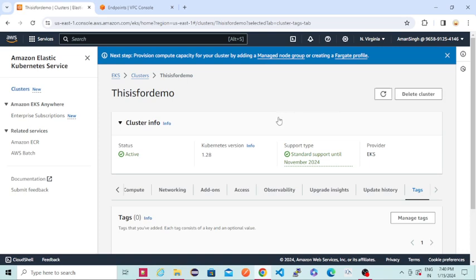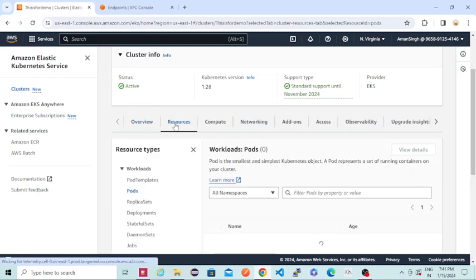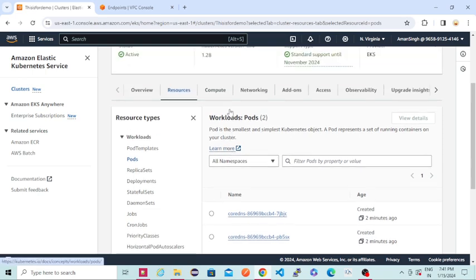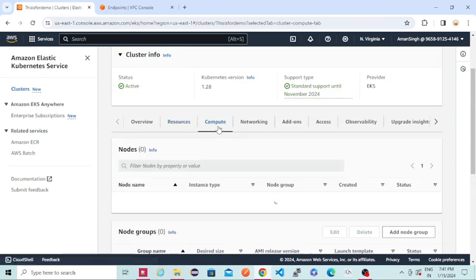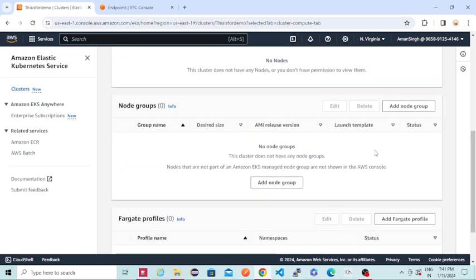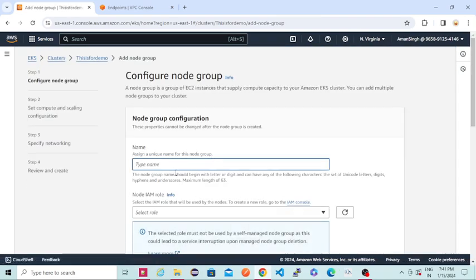Yeah, as you can see now, the cluster has been created. Its status is active. Now, what we can do is go to resources, and you can see these are the CoreDNS and all those things, but they are still in pending state. They are not deployed until our nodes are added. So what I'll do is create one node group, and I'll call it demo node group,